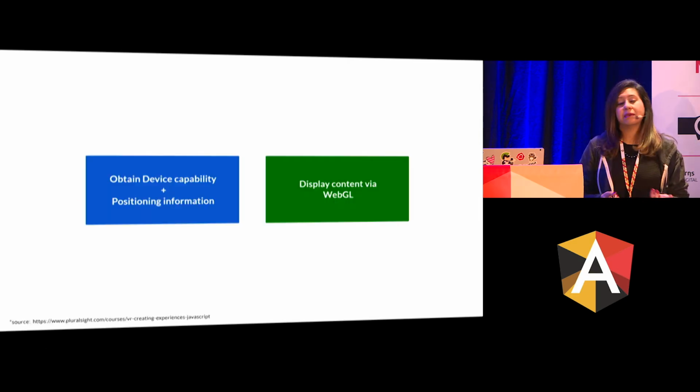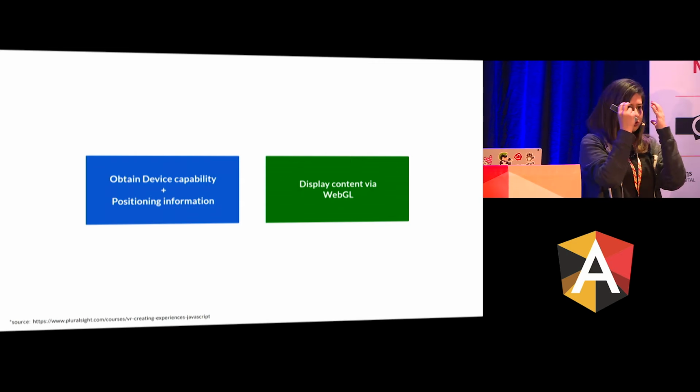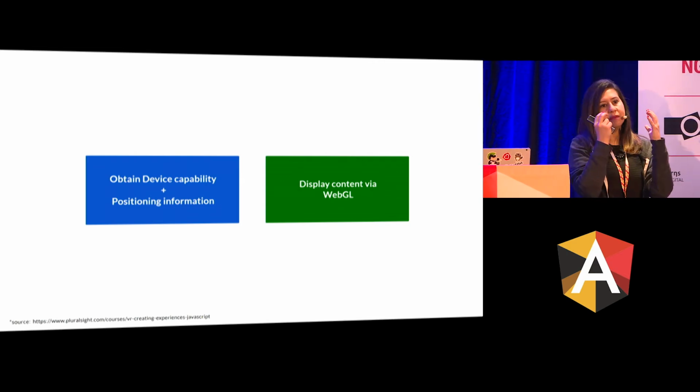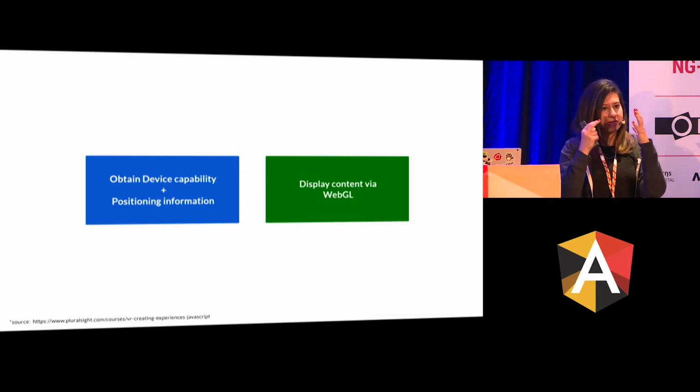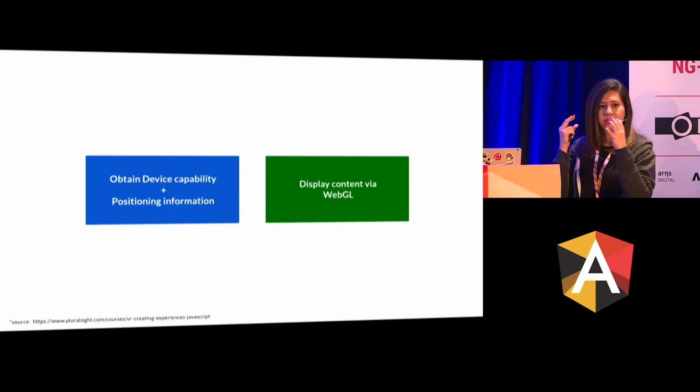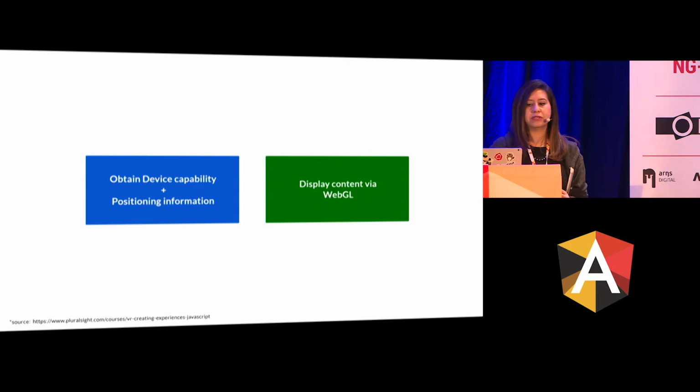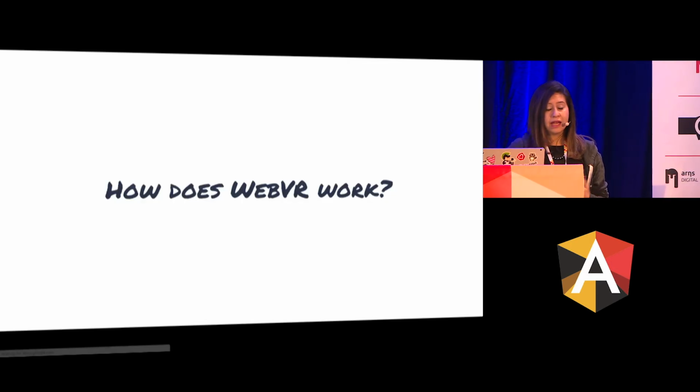And the other one is positioning. Positioning is very important because once you have it on, you turn your head, and you should be able to change the scene using your camera at the right angle, so the user can totally perceive that they are in the VR world. And you can achieve that by using those APIs.